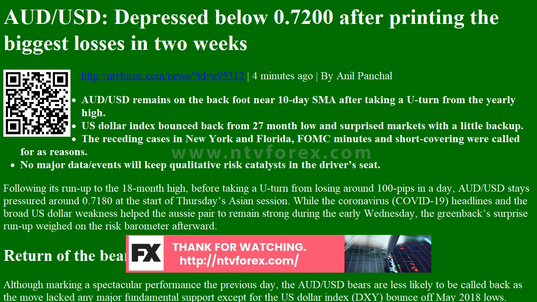Return of the bears. Although marking a spectacular performance the previous day, the AUD/USD bears are less likely to be called back as the move lacked any major fundamental support except for the US dollar index DXY bounce off May 2018 lows. Some on the floor argue that a weaker pace of rise in the COVID-19 cases from New York and Florida becomes the main catalyst, while others suggest hopes of US